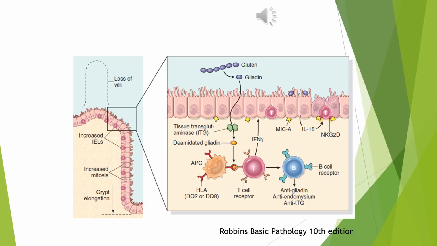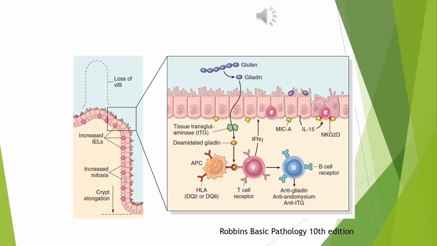What we call intraepithelial lymphocytes. The lymphocytes in the lamina propria are mainly CD4 positive T helper cells, while the lymphocytes located in the intraepithelium, as you see here in the slide, are mainly cytotoxic CD8 positive T lymphocytes. These lymphocytes will cause damage to the surface epithelium and loss of the villus architecture that is typical for the small intestine. This loss of the villus architecture will lead to the